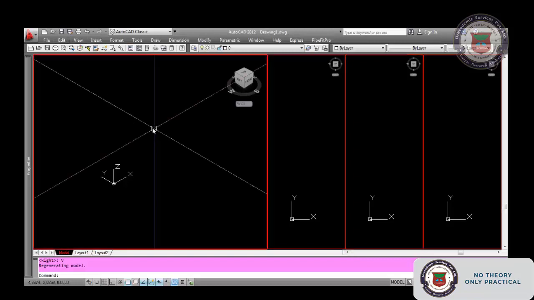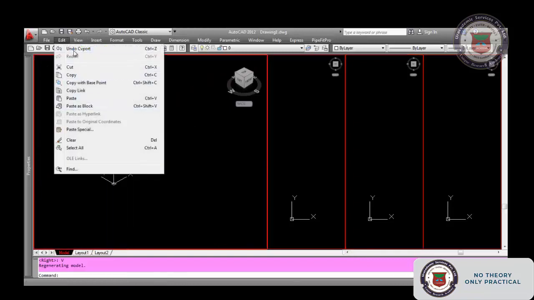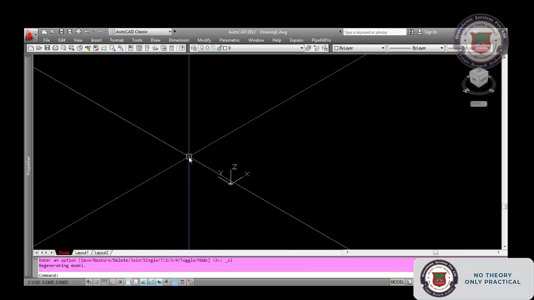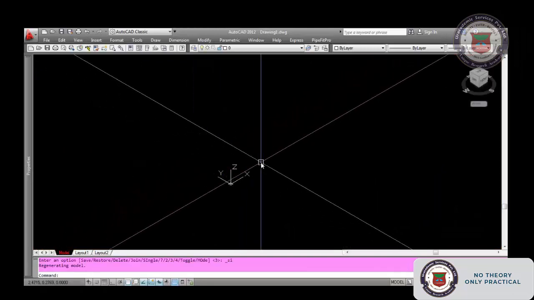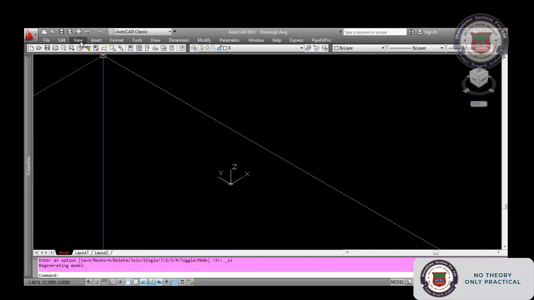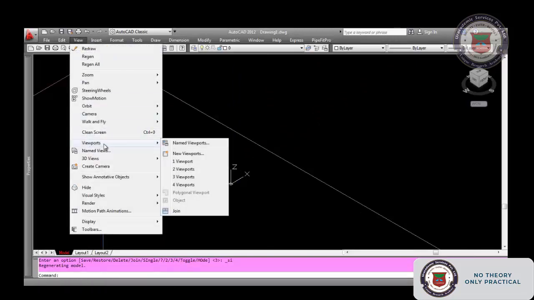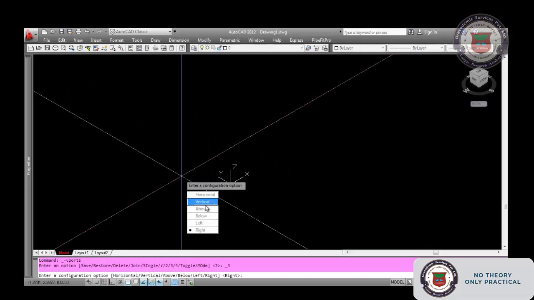Suppose you want only one, you will go here, viewport, one viewport. Again we will come to the home viewport. Now I will show you how to make 3 viewports. Normally we will go to 2 or 3. 3 will be good, because one is 3D and the other 2 are top view or front view, or from those views we will get more views if you want.